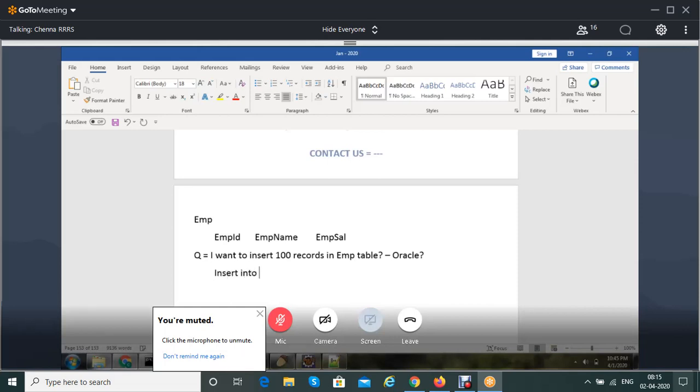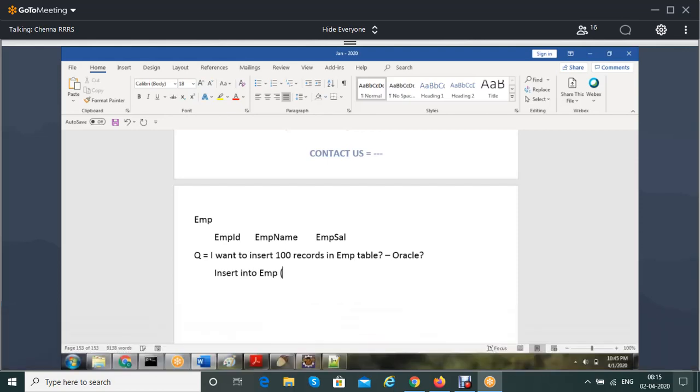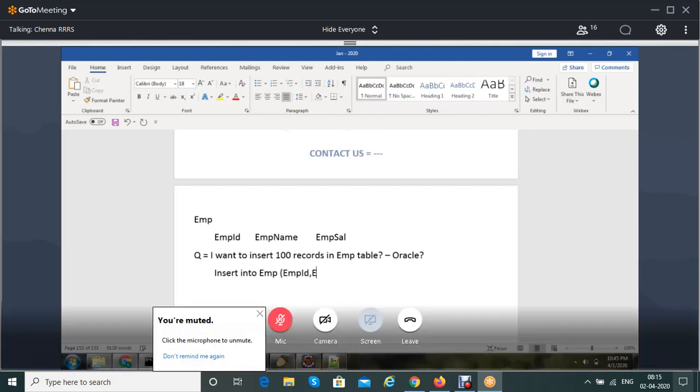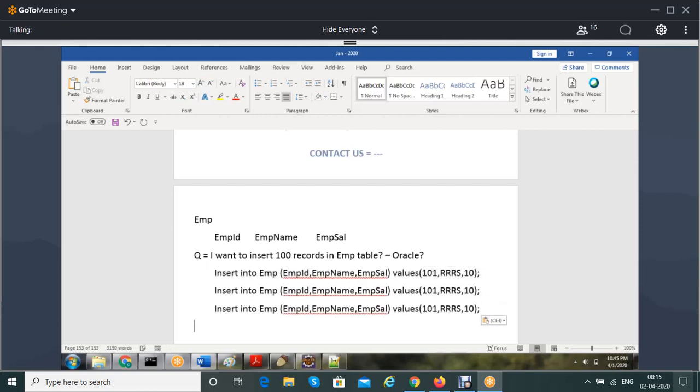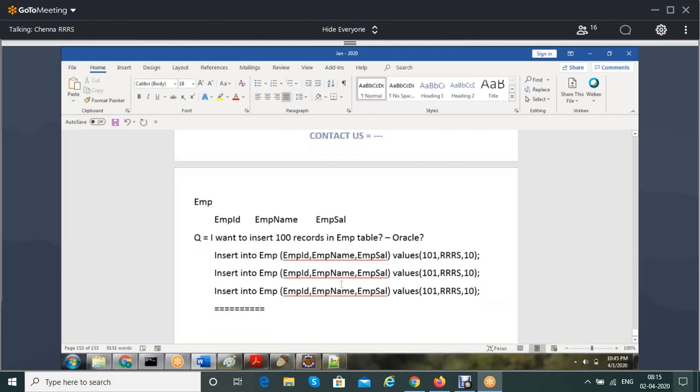Like an insert into employee, okay? Then you specify employee ID, comma, employee name, comma, employee salary. Then you specify the values, right? Let's say 101, RRRS, $10 is the salary. Like this, you will write 100 times. Even with a prepared statement, you are going to write like this, but internally it will be converted like what I am showing.